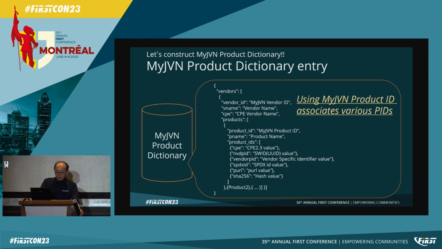This figure illustrates the format scheme of the MyJVN Product Dictionary entry, encompassing crucial information about the vendors and products. The entry adopts the MyJVN product ID as a certain identifier, facilitating the association of multiple PIDs for enhancing software product identification. Within the identification,